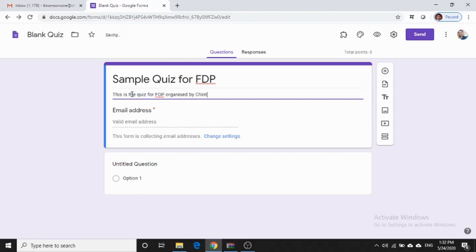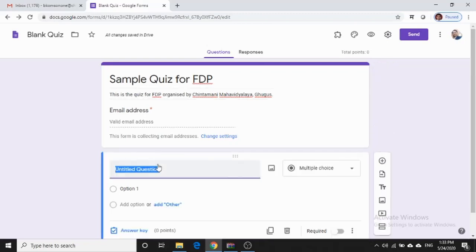organized by Chintamani Mahavidyalaya, Ghugus. Okay, now we have made it mandatory to collect the email addresses. That's why this email address option will be there. And then we go to the start first question, and in the first question we can